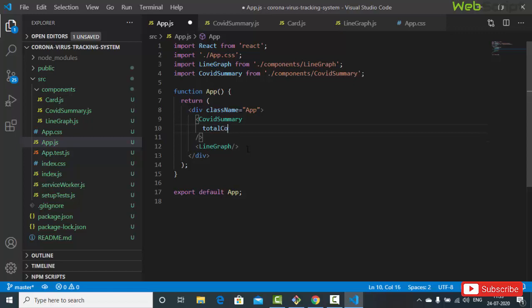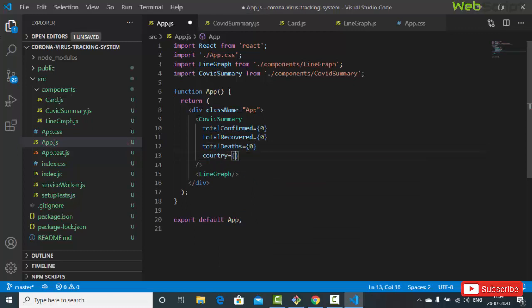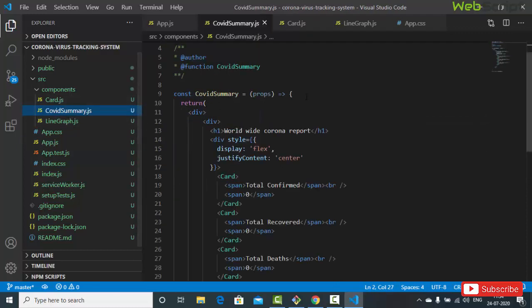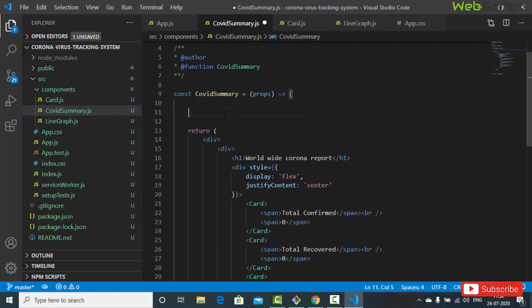total confirm equals to 0, total recovered equals to 0, and total deaths 0, and country, which country is going to be something, right? So let's say for the moment India. Cool. So country India. Right now it is like that. We now go to your COVID summary and extract the props. Let's format it first. Format document, and we'll say const equals to